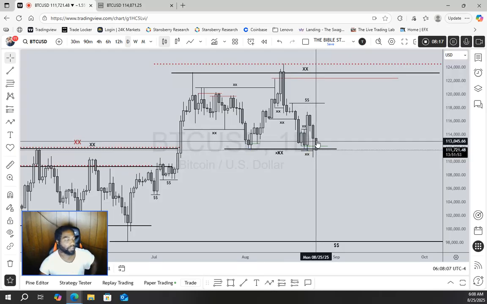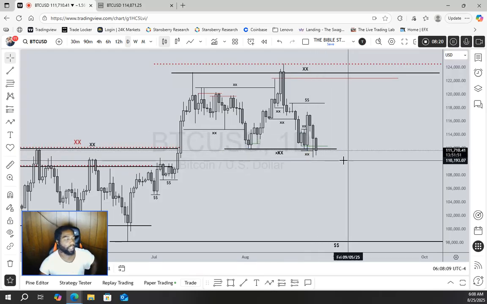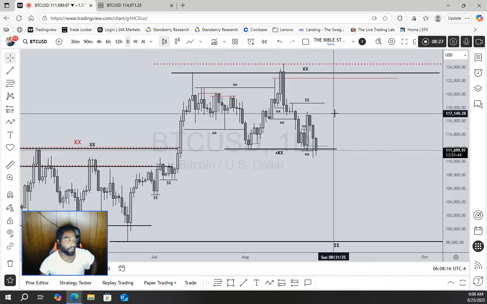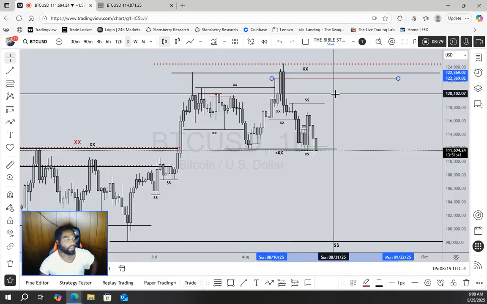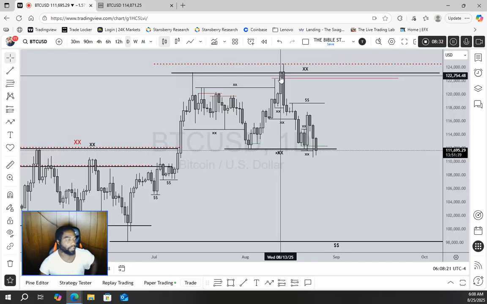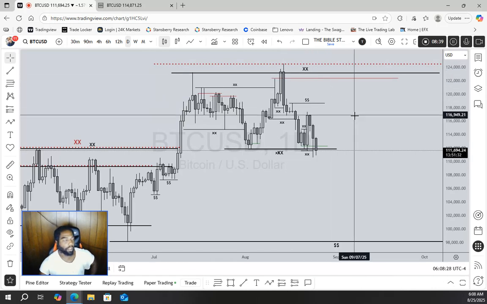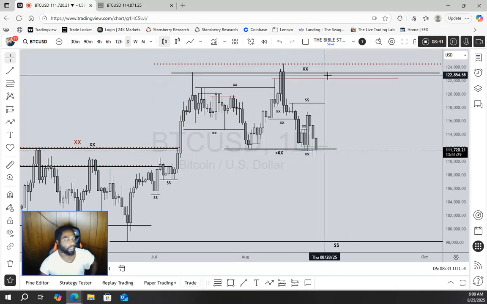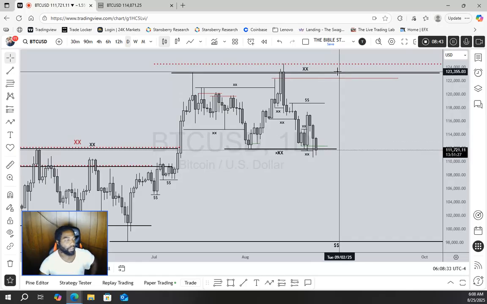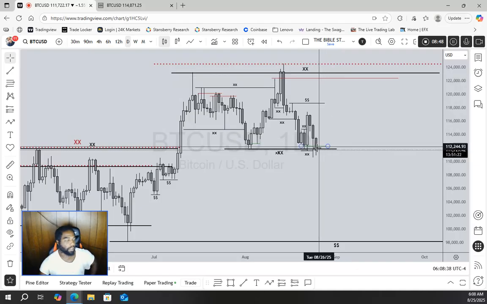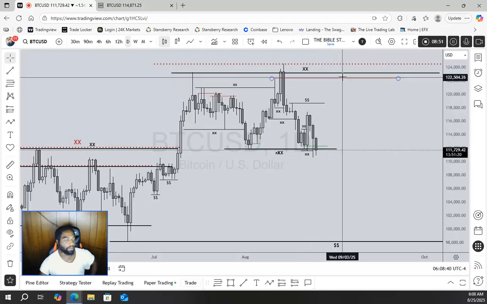So now we should see price start creating equal lows and targeting equal highs. We have this set of equal highs here, and then we have this manipulation level here where price pierced or came up above this high and reversed, and then we have, of course, the equal weekly high level. So we have a level or a zone of resistance that we can anticipate price to retrace up to